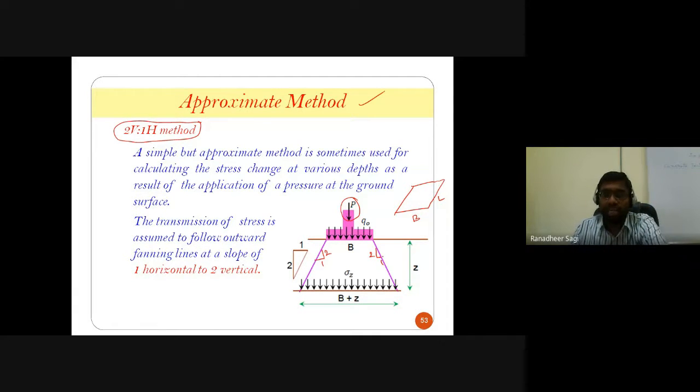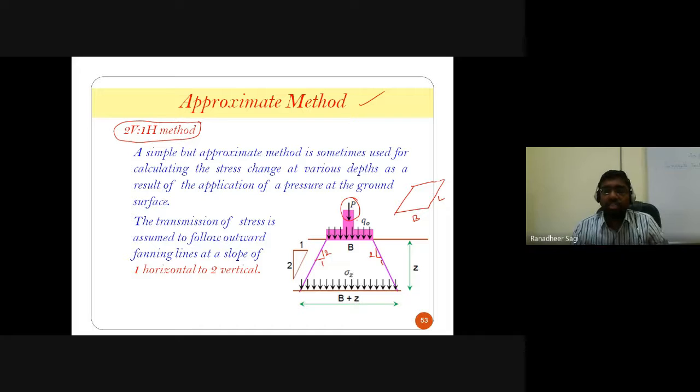Okay, now let's quickly come back to this approximate method. What is it talking about? First, the load coming from the column is P. Now that load is distributed over what area of the foundation onto the soil? The area of the foundation is B in the width direction and L in the length direction.